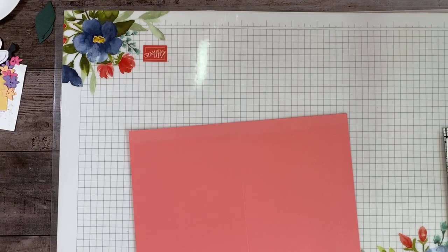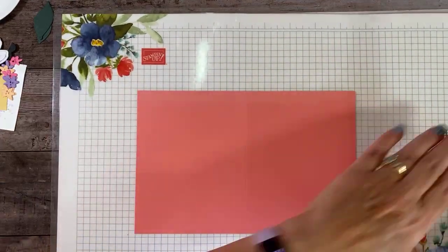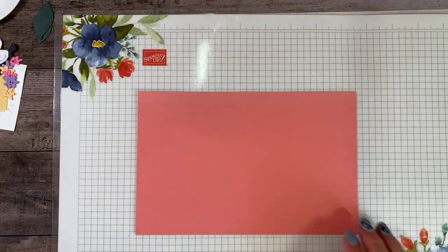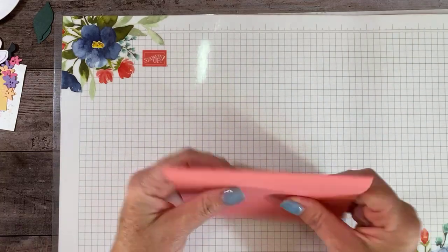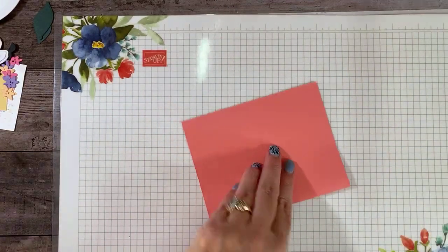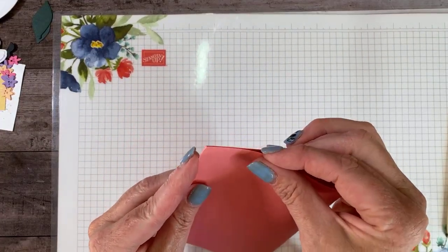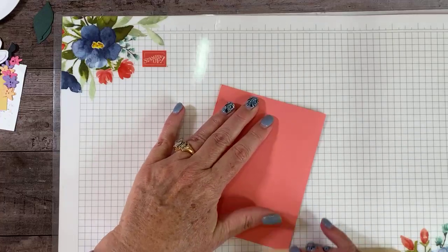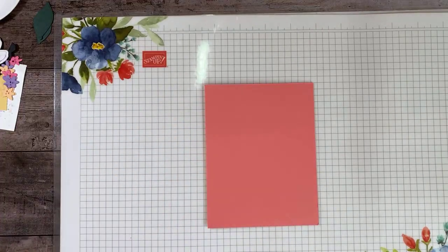I'm going to go ahead and close the laptop because it's just not working, and that's taking up double space I don't need. All right. So we're going to take this piece of the Flirty Flamingo card base. I'm going to put this way so it looks like the... My paper has kind of faded on the one side. So of course we're going to put that on the inside. All right. So then with some Flirty Flamingo ink,